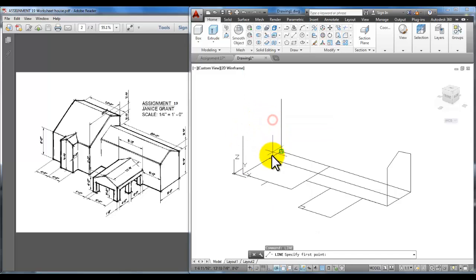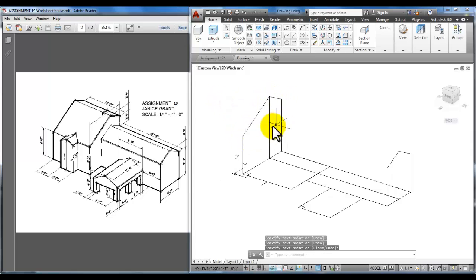And then this last one here at the end of this line, which will be the same ridge line or the same peak at the very top, I'm going to click here, pull my mouse up. That would be the 8 feet, the 3 feet, plus the 2 more feet, 13 feet. So I'll type in 13 feet and enter again. This will make up here the profile of this bigger mass for the house. I'm going to go ahead and use the line command to connect these